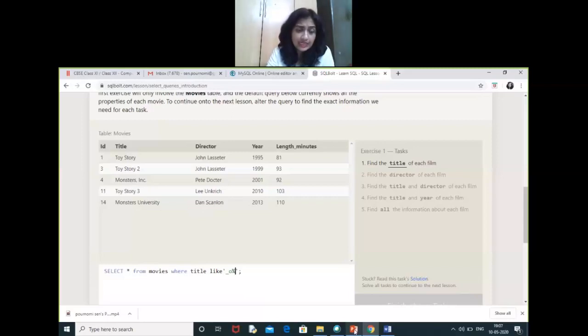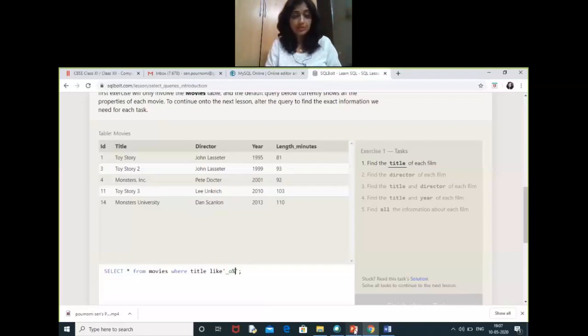So here again we are getting back to the original table. If we want to do something in a range, that means you want to find out the list of the movies, so the details of the movies that have been released from say 98 to 2003.